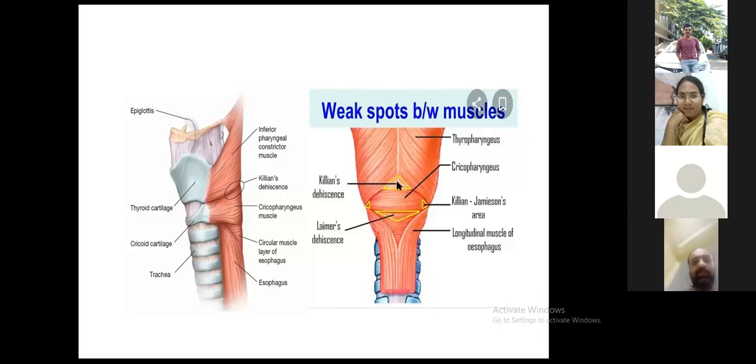But this is posterior, no? What you are showing? Yes, sir. But as per literature and clinically, we see there will be a swelling in the left side of the neck, sir. Lateral, no? Yes, sir. Left side lateral, sir. I didn't get the image correctly, exactly depicting the defect, sir. Anyway, check it up, okay? And then post it. Yes, sir. Okay.